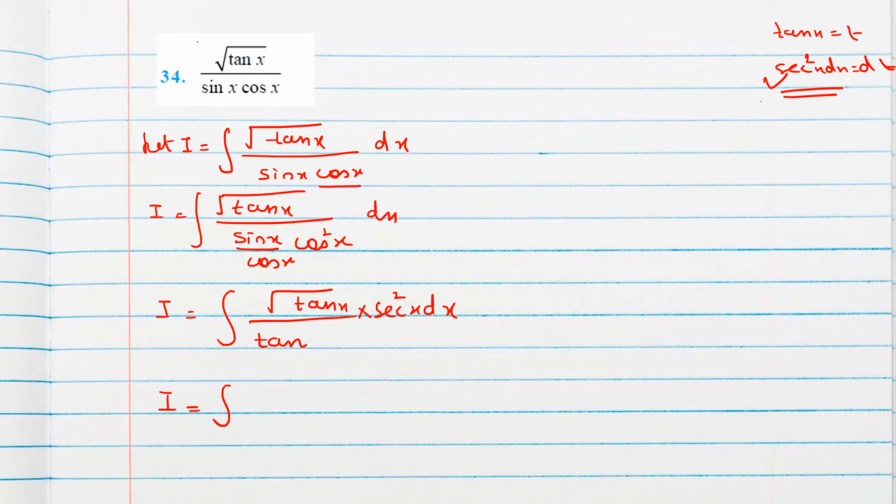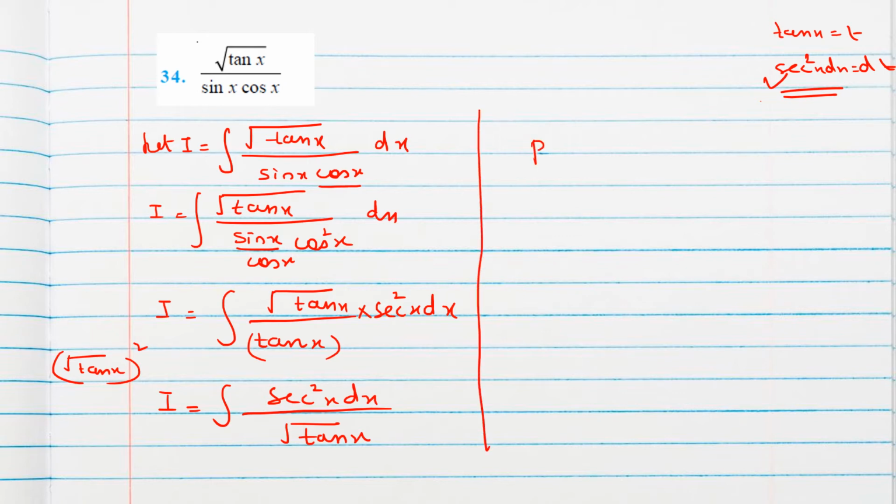Now here half power and here 1 power. Okay, that means we can write root tan x, because this tan x we can write root tan x whole square. Okay, so 1 square root will go in denominator, 1 square root will be left. Now we can put tan x as t. So we'll get sec square x dx is equal to dt. So integral will become now, whole numerator we can write as dt divided by root t, isn't it?